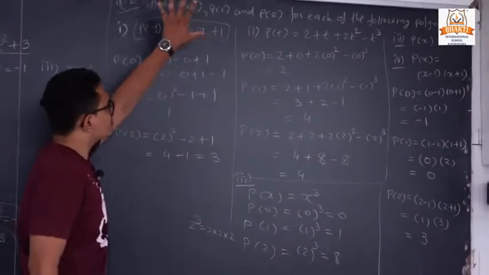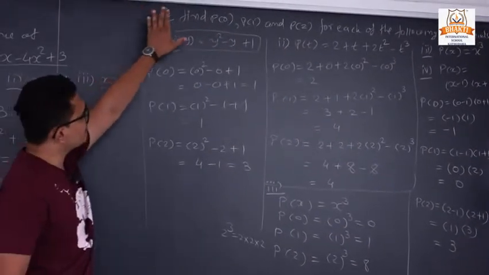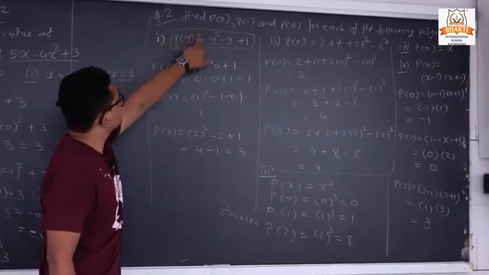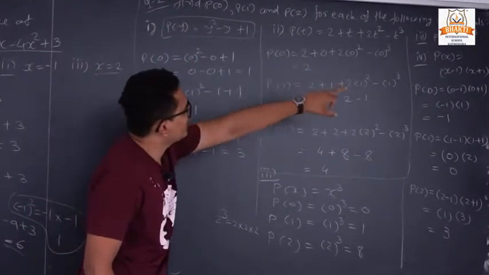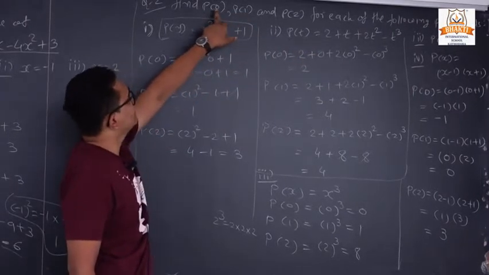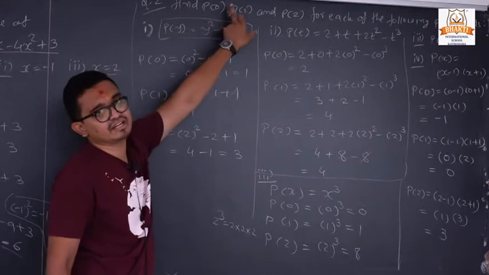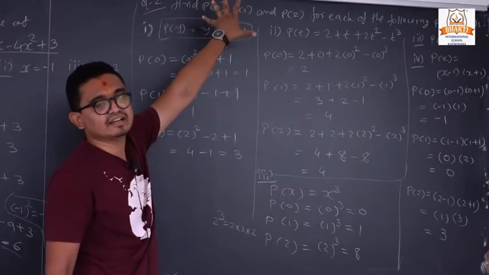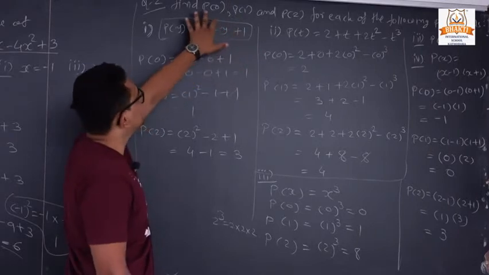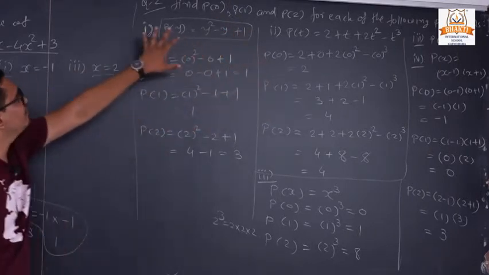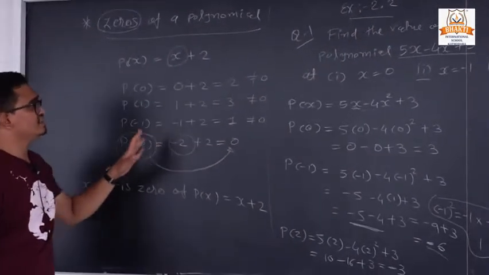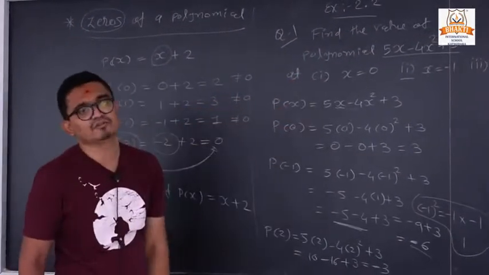So see those examples. These are very easy examples. We can directly replace y or t or x with different values. Sometimes they are also asking for p of 3 or p of minus 3. So it is very easy, we can replace the value of x, y or t with the given value. So examples number 1 and 2, both are similar examples. We can just replace that value.